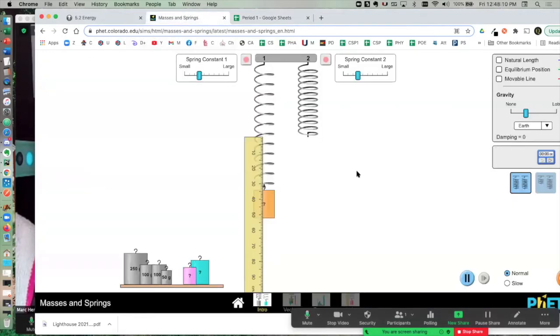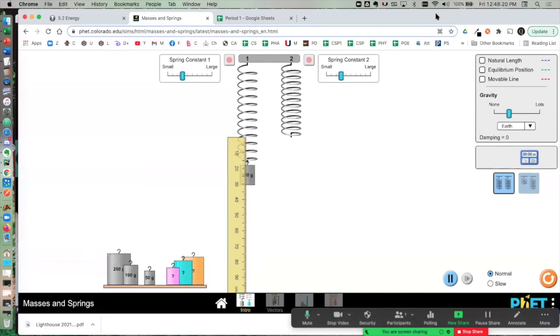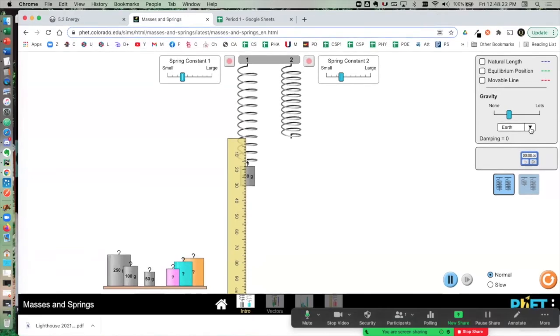Let's do it. Okay, so we're going to get the 100 gram mass on there. And that's stretched it a little ways, but that's on Earth. So how do we go to these planets? Over here, let's go to Jupiter. So I click on Jupiter. Whoa, takes off again. Stop it. Okay, Jupiter looks like it's at